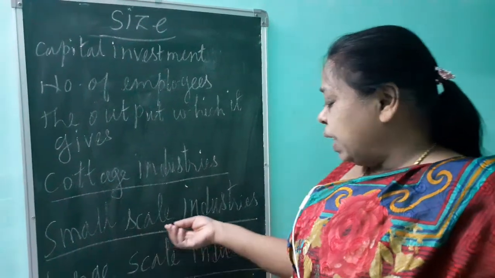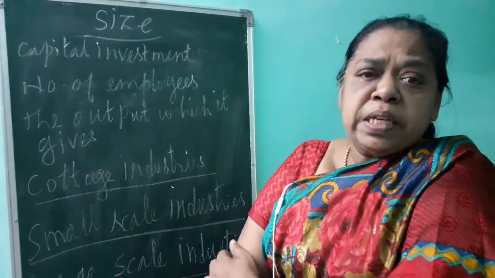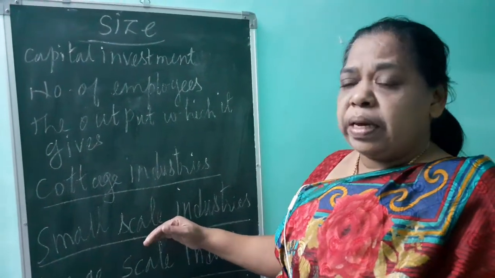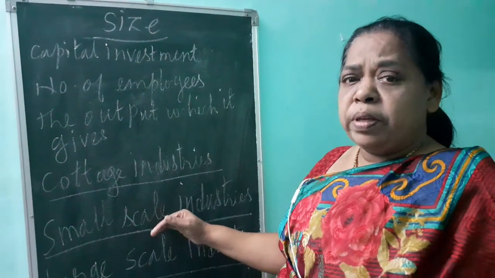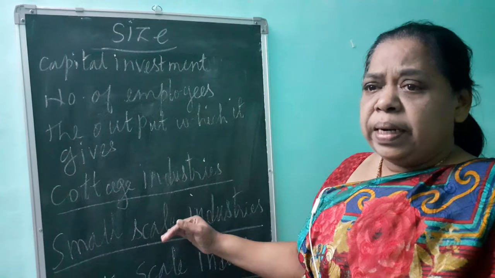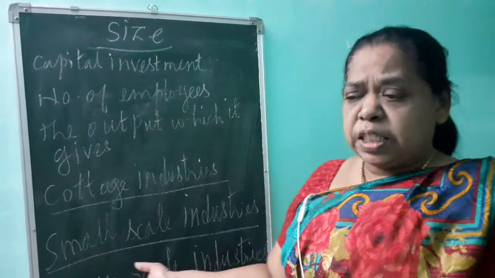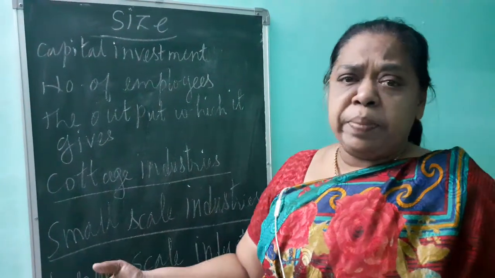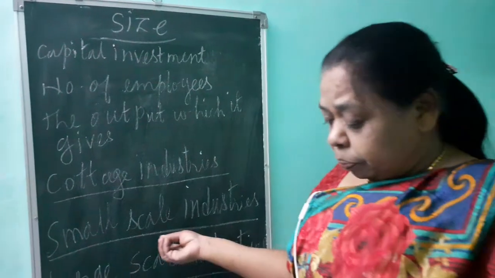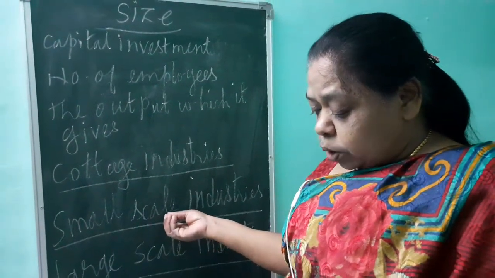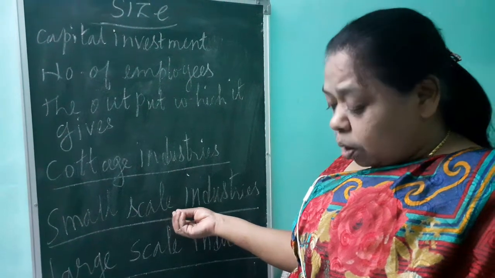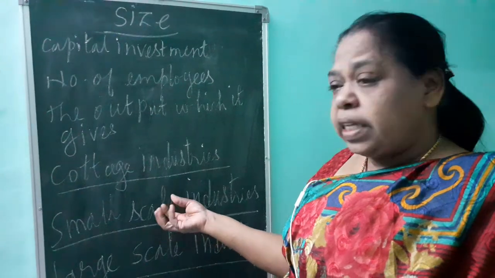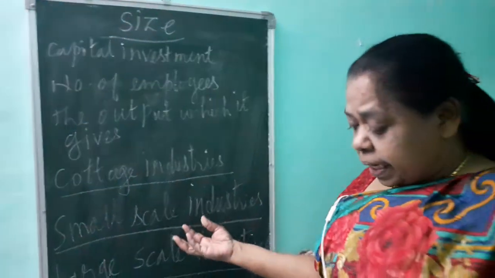Second one is the small scale industry. In this industry, they are investing very little money. Compared to the large scale, it is a very small amount of capital. The number of employees is also very small, but they are getting employees from nearby cities also. They get the raw material from nearby towns and cities. Small number of workers and small investment, with raw material from outside. Products are sold through traders.